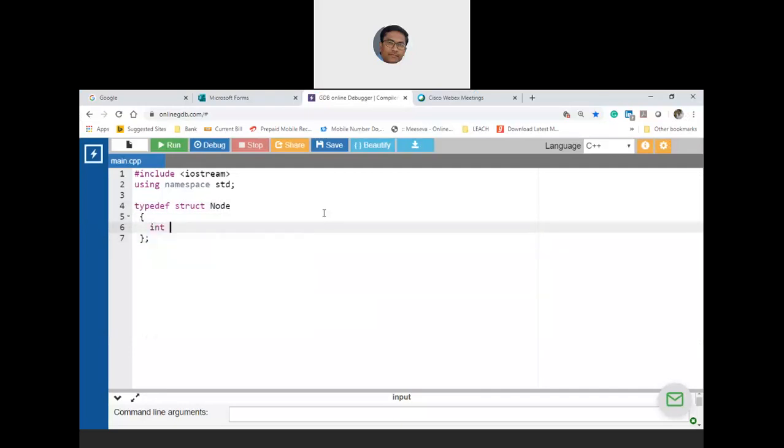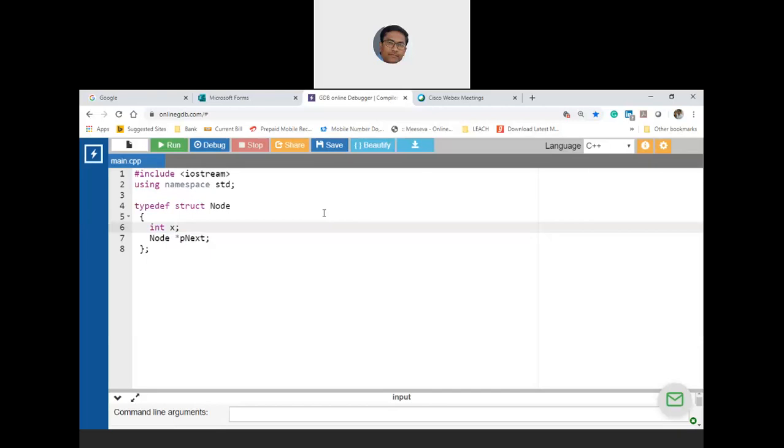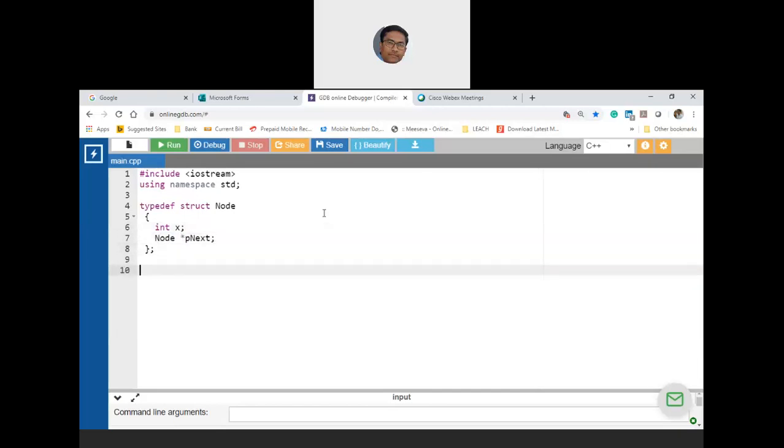So int x. Now don't take unnecessarily long variables, for example element, or node star to point to the next node. Not required. Next, take x. Now I'm going to use 3 functions. The first function returns node star; it creates the head node. We have 40 minutes.